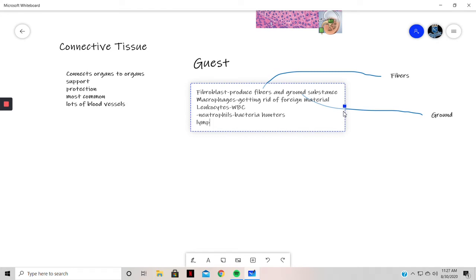Went blank on the spelling there for a second. Lymphocytes. Oh, I didn't put my little dash in the front here to just remind you that these are a type of leukocytes. Lymphocytes, now they're also hunters. They're out there looking for the things, but they're everything else, more like toxins,